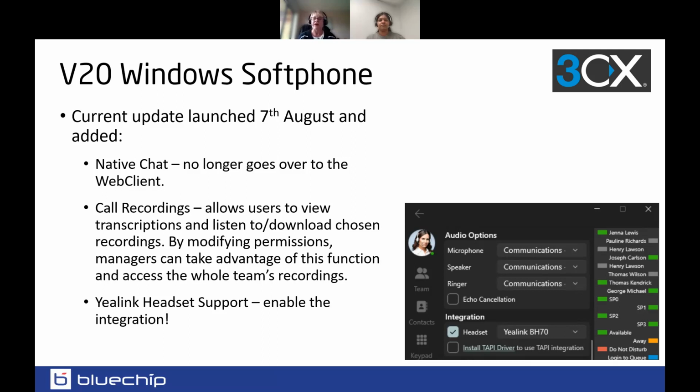So things that have come in earlier in the month are the native chat within the softphone. You don't get bounced out to the web client anymore. Call recordings, allowing users to view those transcriptions and listen and download from within the app. And there's more to come. So they are going for full parity. You'll recall 1 or 2 updates before, the drag and drop came back, which is the most loved feature of the Windows Softphone for 3CX, full stop,